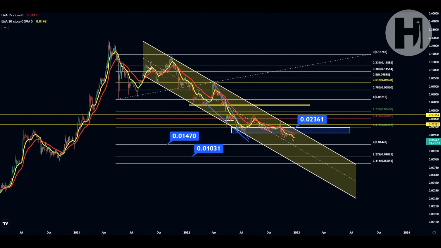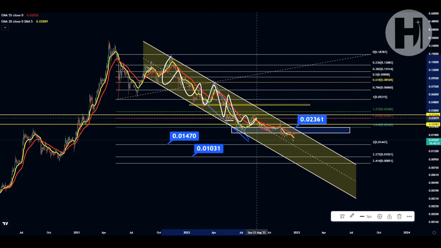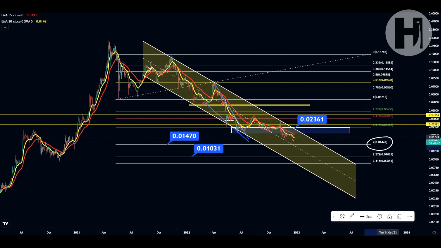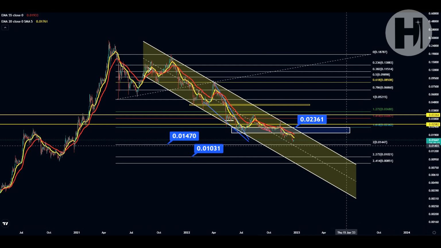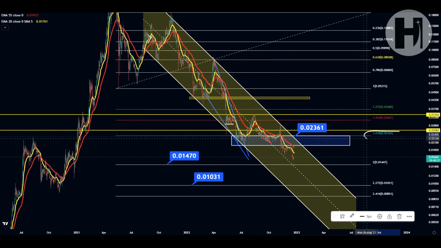Now, taking a look at the daily chart on TradingView against the USDT, as you can see, we have a Fibonacci retracement, the one that we had on the previous update. So the high was printed in November 2021 and the low was printed in May 2021. And since that high, we obviously have been in this channel down pattern. And the channel down pattern is taking us all the way down to the capitulation target based on the fib here, which is the second fib level at 0.01447.